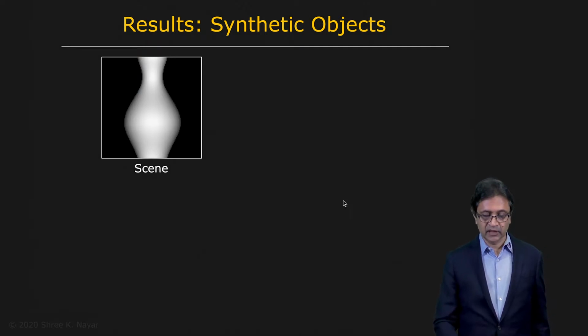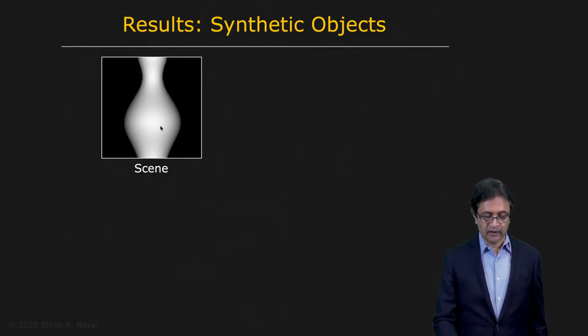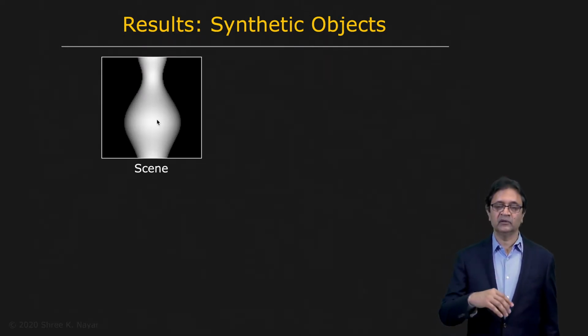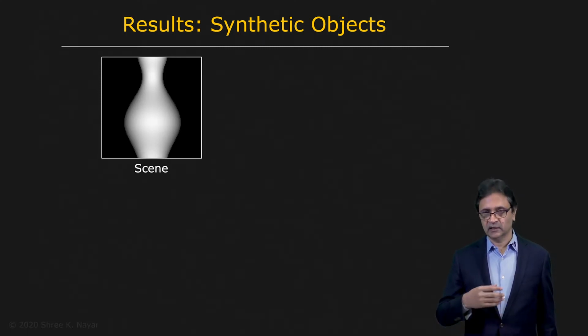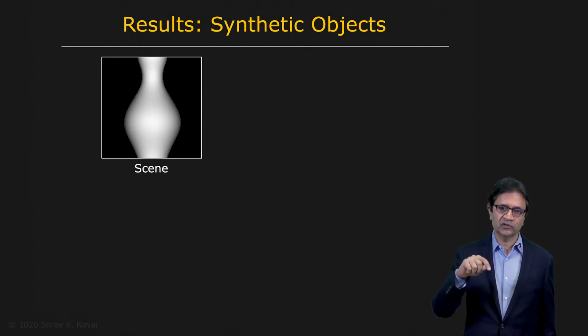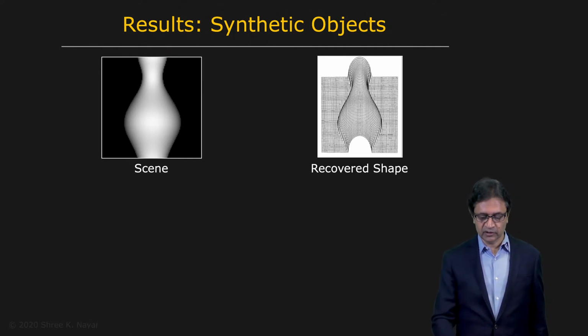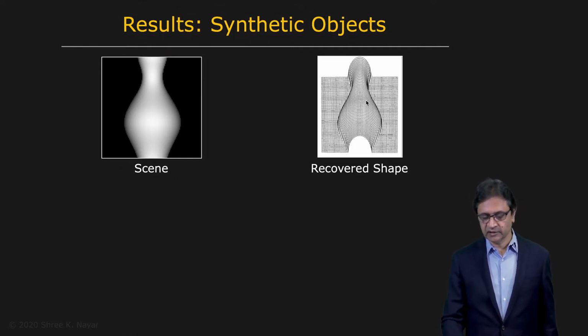So here is a synthetic object. This is a synthetic example, a Lambertian vase. And in this case, when you apply your algorithm, you're going to then end up with fg values over the entire image. And then you're going to use the technique we used for photometric stereo to go from surface normals to a continuous surface. That's the integration problem. So when you do that, you get a shape that looks like this. This is a very simple example. It's a very well-behaved surface, so to speak, and it's also a synthetic example, and you get a nice reconstruction.